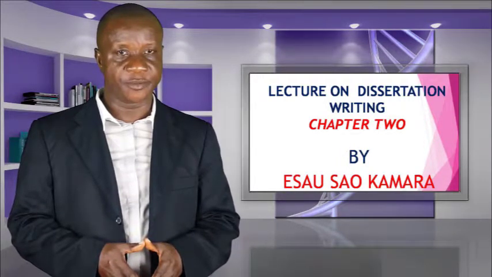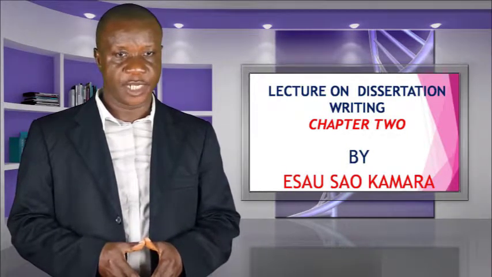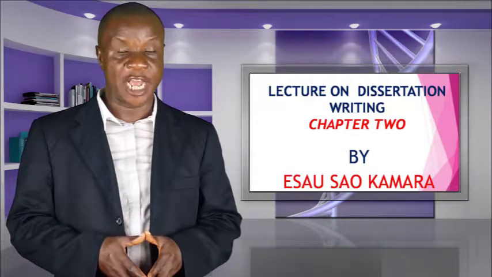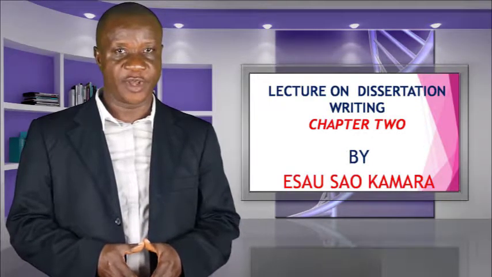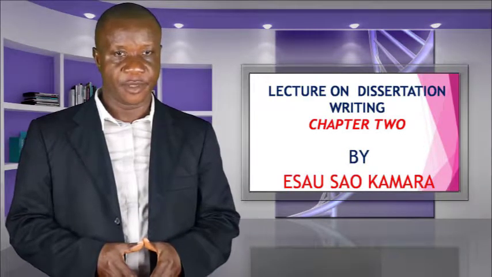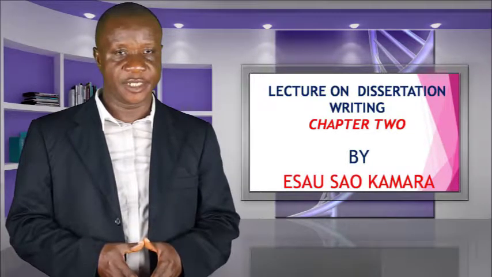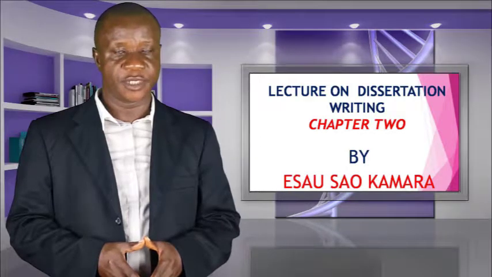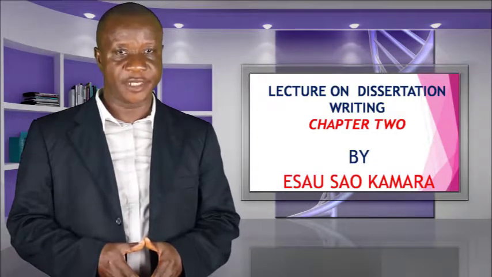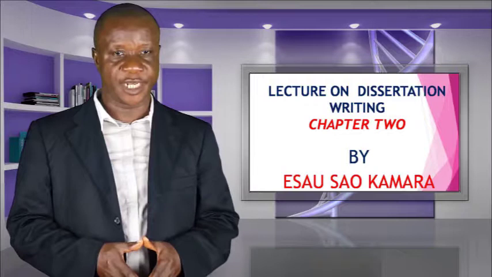So in the first place, before starting, you have to ensure that your topic is approved by your supervisor or lecturer. So chapter 1 specifically is short, but it has some segments or variables that we have to consider